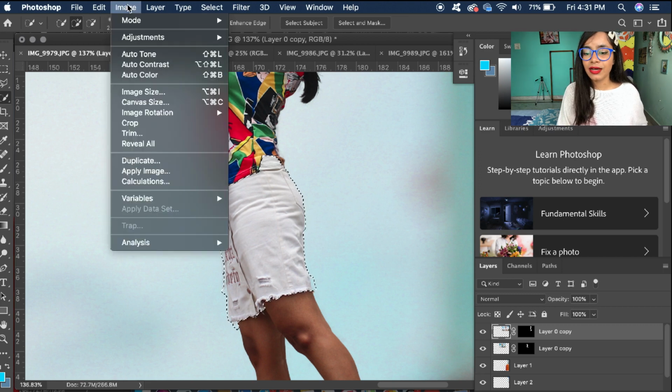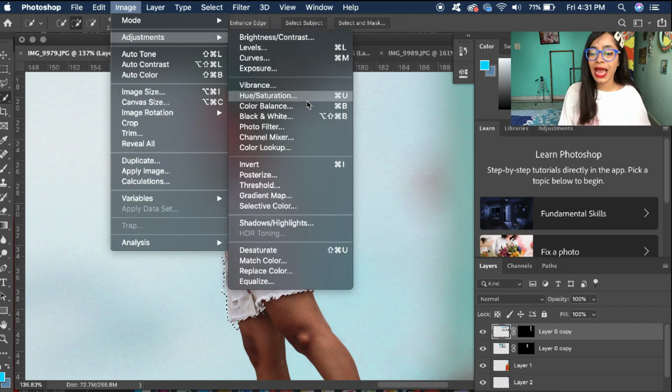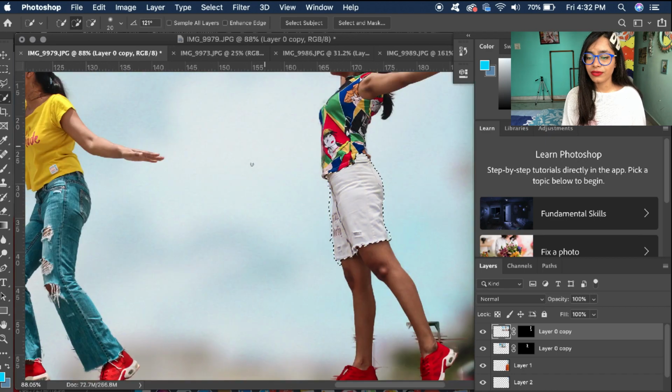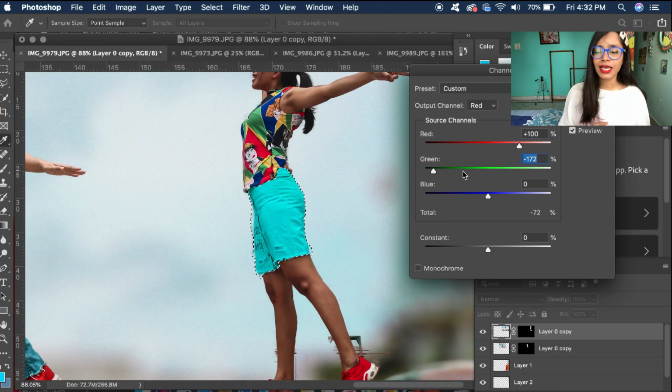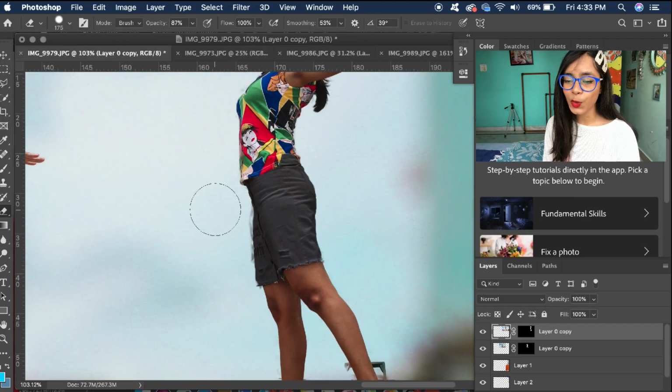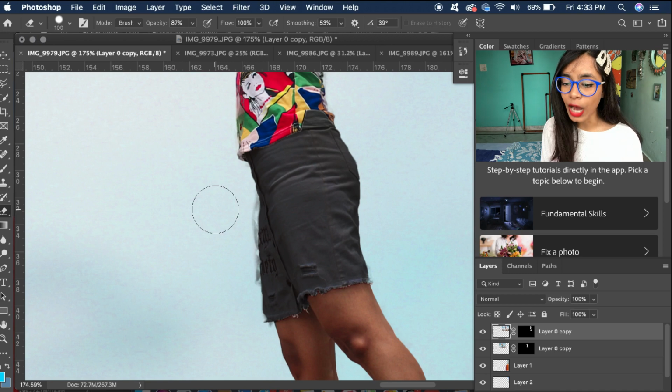After selecting the skirt, now move to image and then click on adjustment again and move to the channel mixer. In this you will be able to change the color of the skirt as per your choice. So let's just do it and let's see what color suits our skirt. I really want to have a black skirt here, so let's see how we can do it. And voila, it's all done and I'm quite already liking the results, how it is turning out eventually.